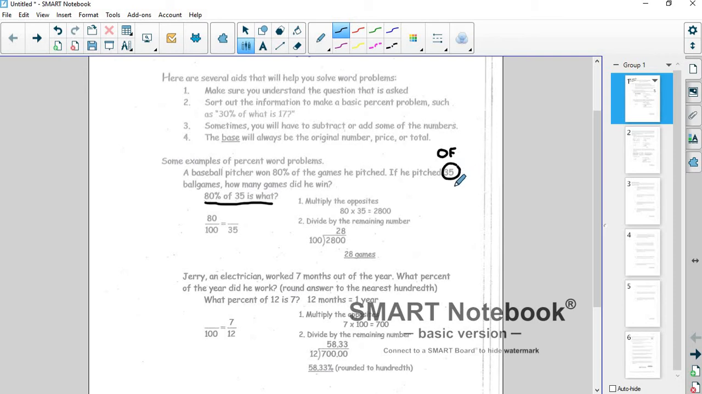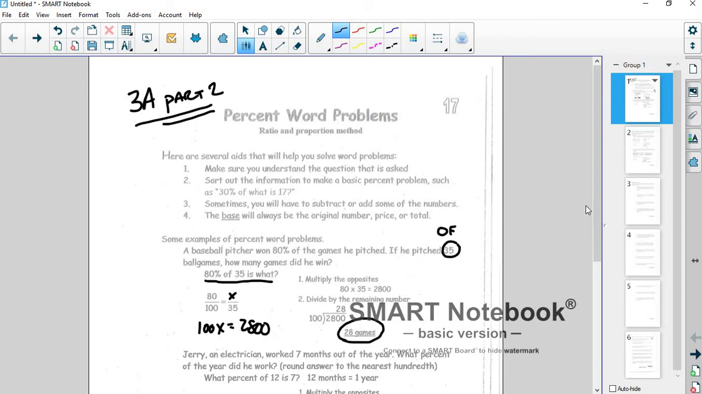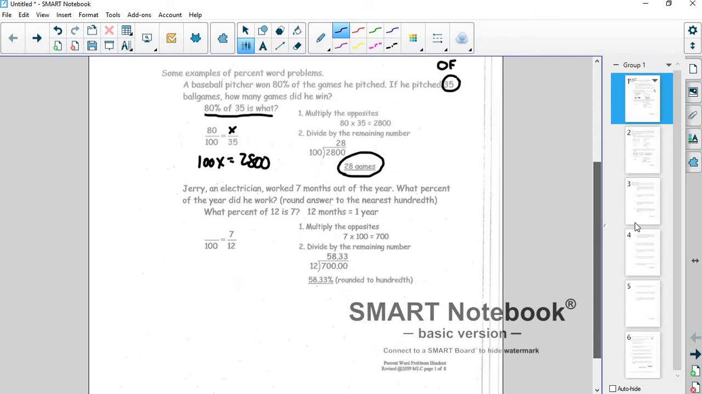So he pitched 35 games. What percentage of those games did he win? 80 out of 100, x over 35, okay? And so we multiply across, you get 100x is equal to 2,800, and then divide 100 into 2,800, and you get x equals 28, okay? There are a few more examples here over the next page or two if you'd like to read through those examples,